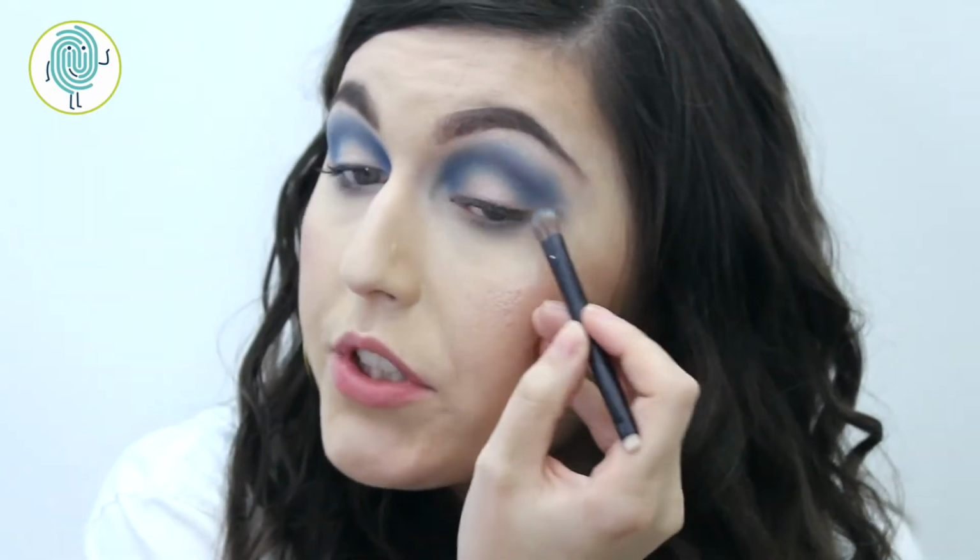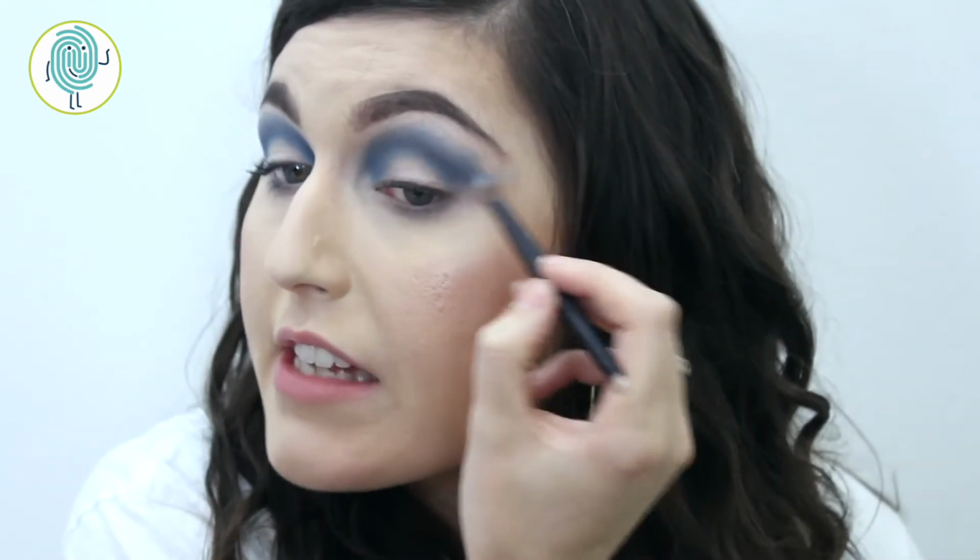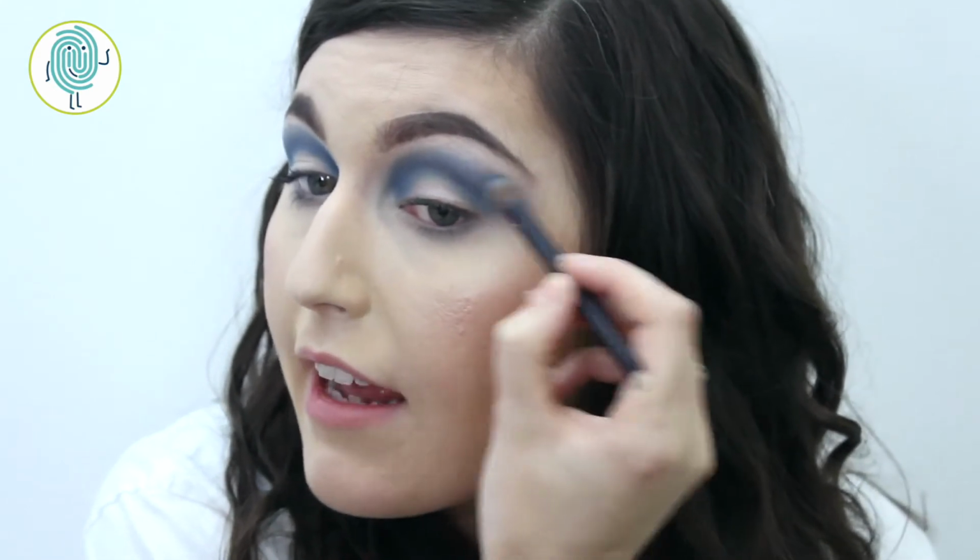Now this outer portion doesn't really matter as much because later we're going to bring it down underneath the eyelid. So if it kind of fans out a little bit, feel free to just keep blending and blending out until the product almost disappears. Alright, we got lots of blue fun pops of color, but we're going to add just